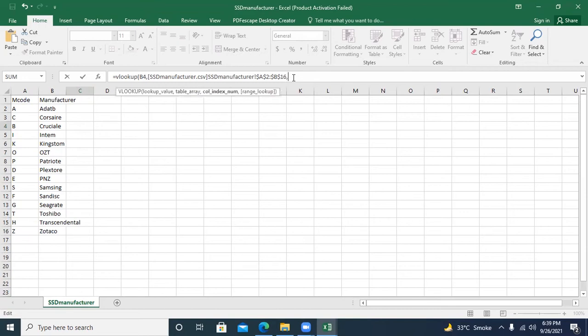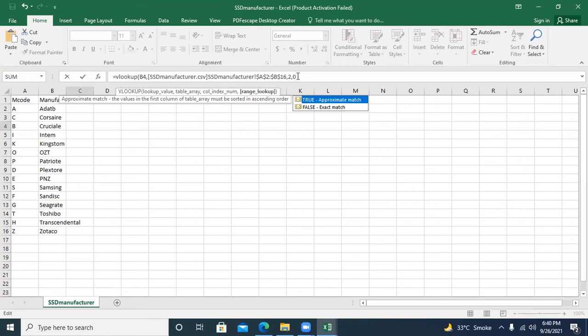Why do I type 2 here? Column index means this tells Excel to go and look up a value from the second column of the data range. So this is the second column, B is the second column. So I have done it. Then 0. Why do I select 0? 0 means exact match. Sometimes you call it FALSE for exact match, or TRUE for approximate match, nearest match.